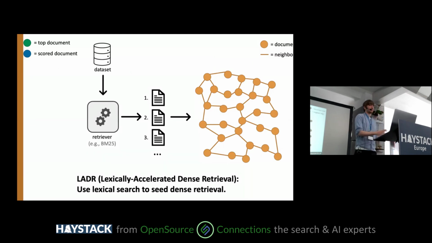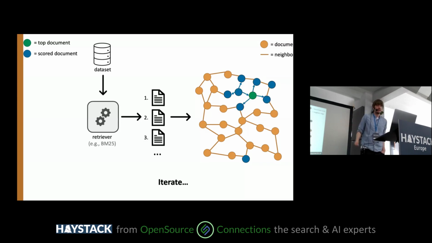So instead of navigating through this hierarchical graph, looking at this and looking at that and scoring all the way down, can we instead start off by picking some of those nodes, right? The green and blue don't show up particularly well here, but picking some of these nodes and starting off with those to seed our search instead of the hierarchical approach. And once we know which documents are the best from this initial pool of results from something like BM25, we're able to iterate on that process to continue to find better and better documents. So, shortcutting this whole hierarchical approach of HNSW.